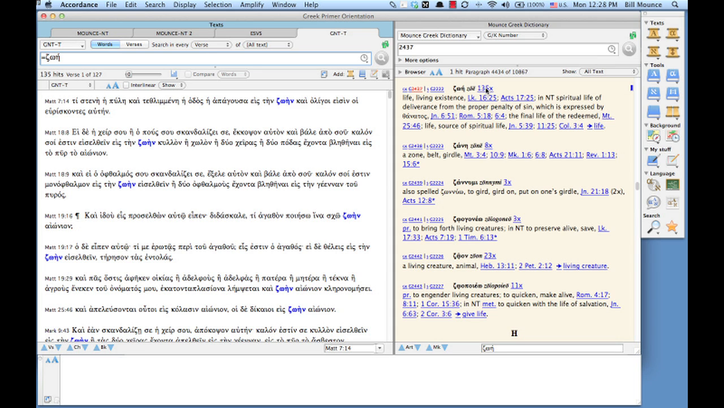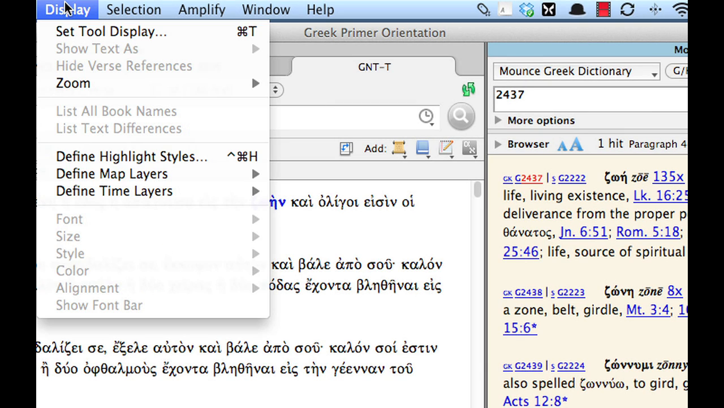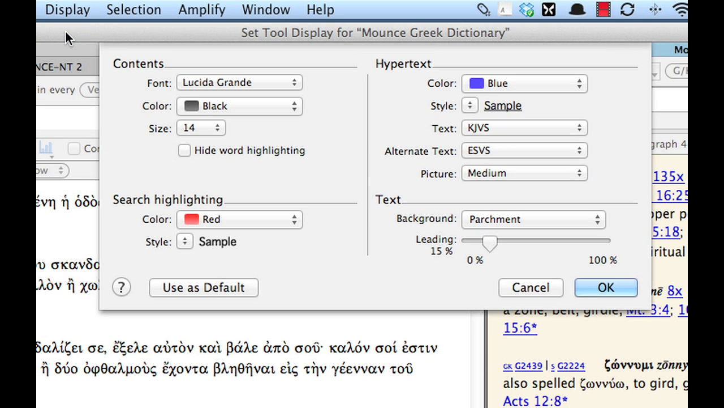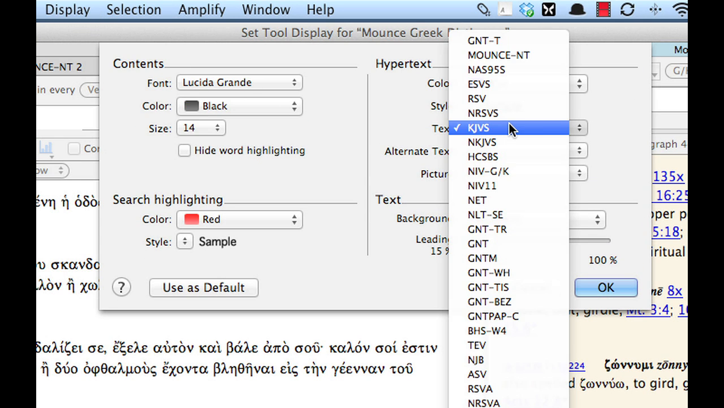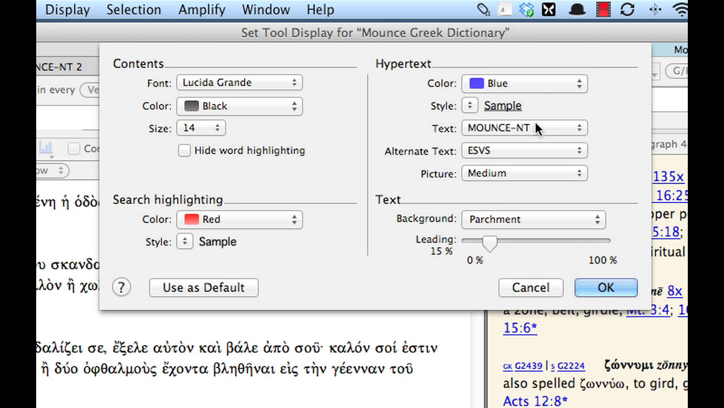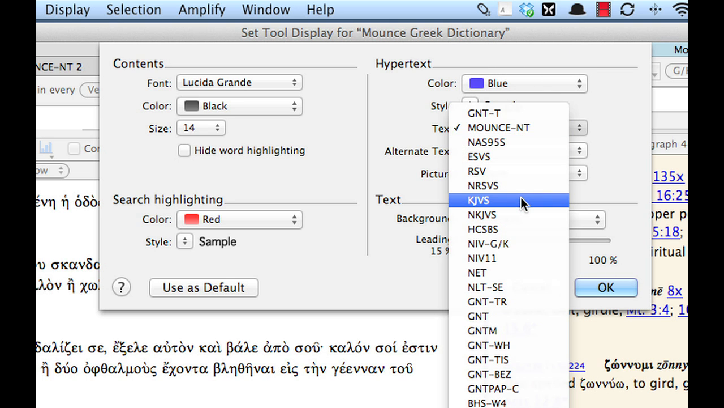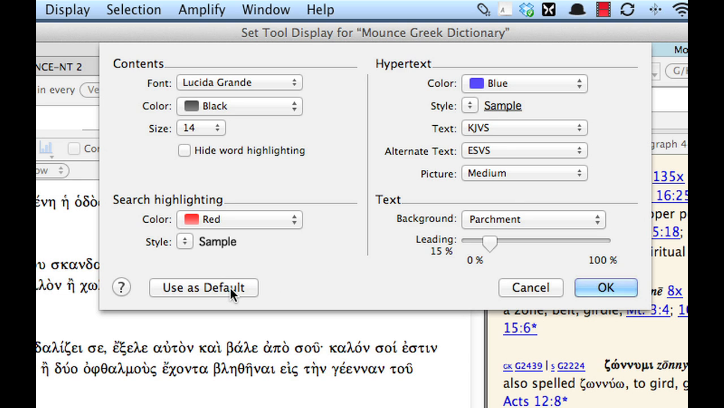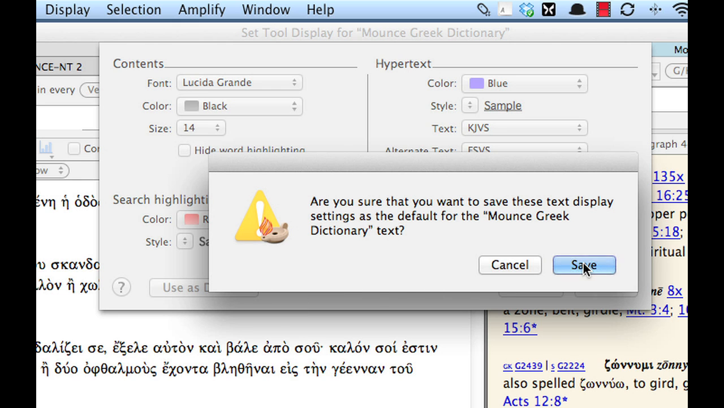Now, if you go down, again, let's say pick Luke 16:25, and you do your mouse over, and let's say for some reason you don't want the Mounce translation to be that secondary text. Well, what you can do is set the defaults, as I said, on a tool-by-tool basis. So click anywhere in the Mounce Greek Dictionary window, and then go up under Display and choose Set Tool Display. And under Text, you could say, you know what, I would really rather have this come up in the King James. And then if you want that to be the default, you click Use as Default, and then Save, and then